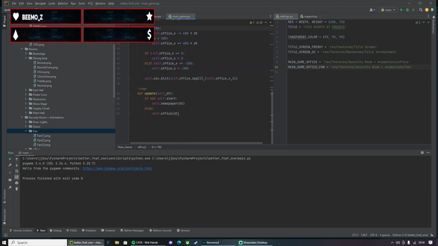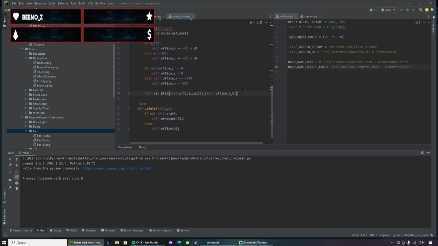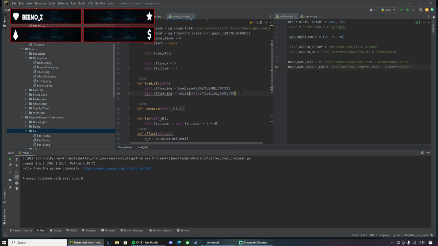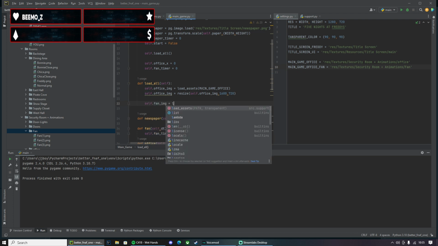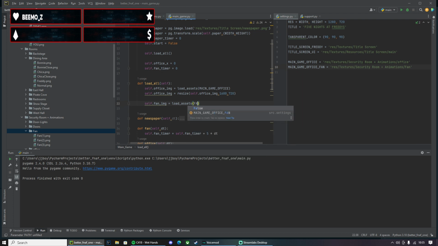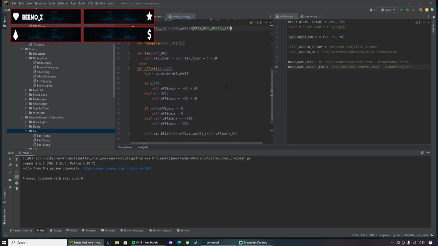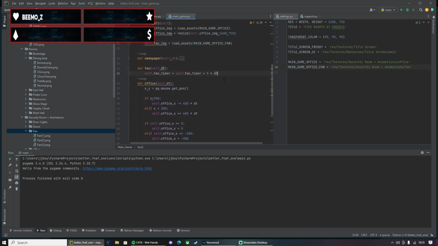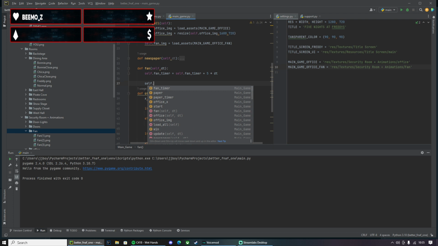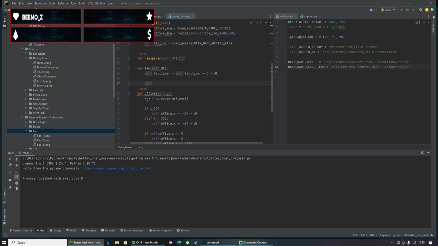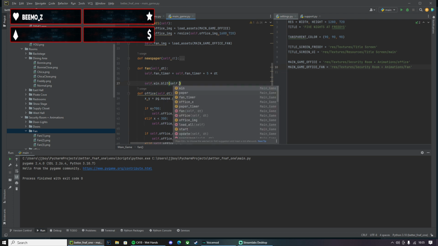I can't even close this down, so it's just going to be a big long piece of code. Okay, so we place the office down, we'll need to, oh no, we'll do the load. self.fan_img equals load assets fan. Then in here, just quickly, self dot win lid self dot fan.